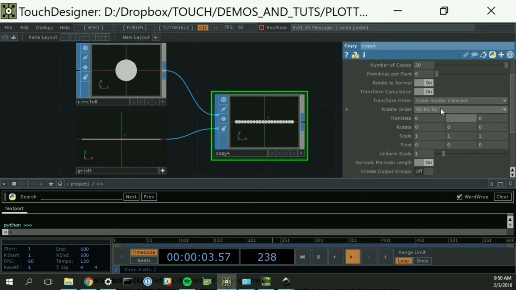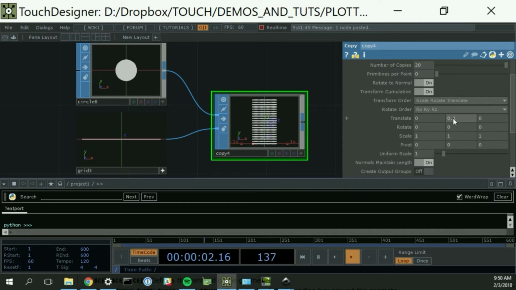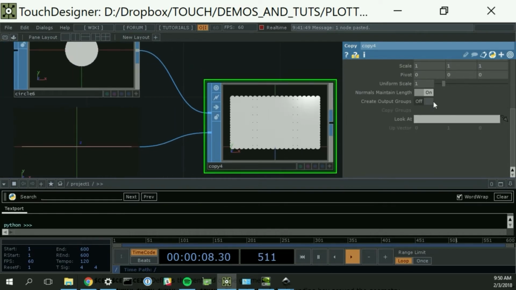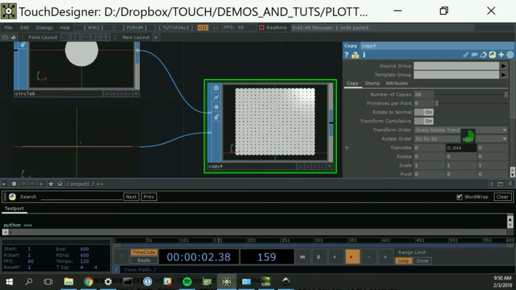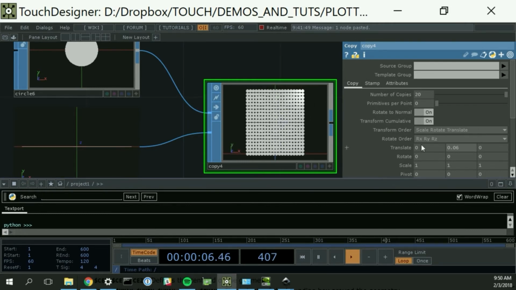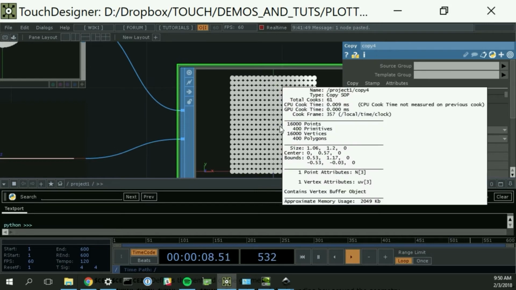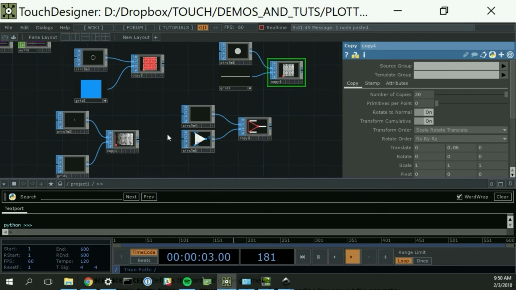I don't know, like 1. Or no, it's pretty small, isn't it? Like 0.1. What was the radius of our circle? 0.03. That's quite small. Let's do that. 0.03. Okay. Is it double the radius? Yeah, 0.06. Naturally. Okay. And so what we're doing with that expression is we're saying, I want to know where